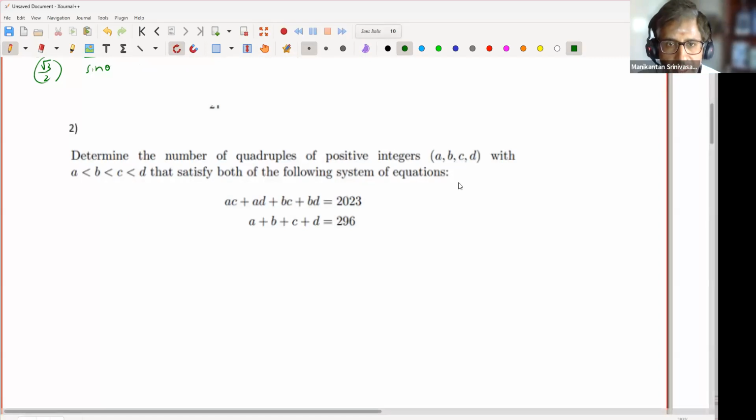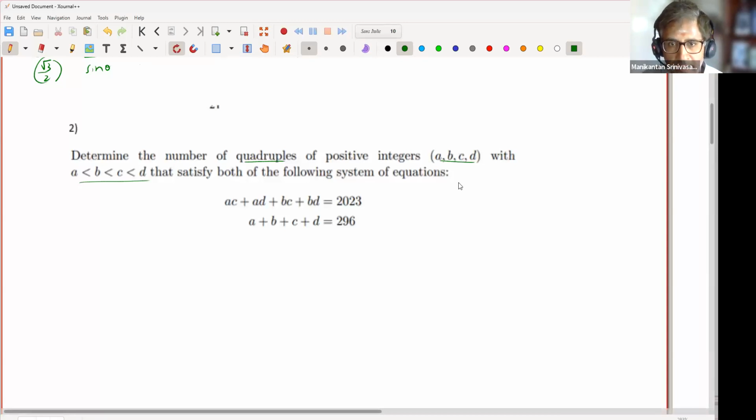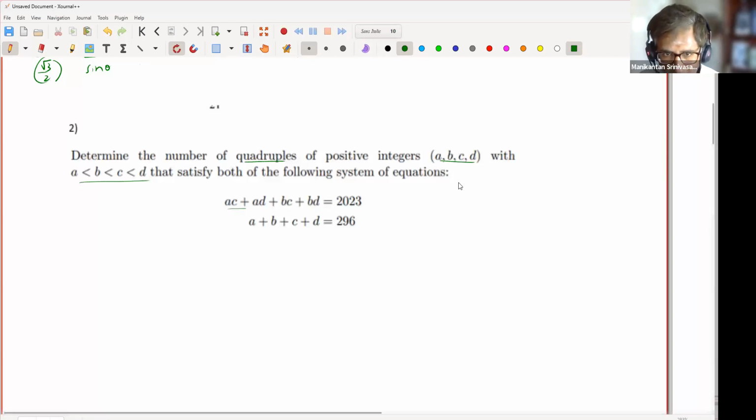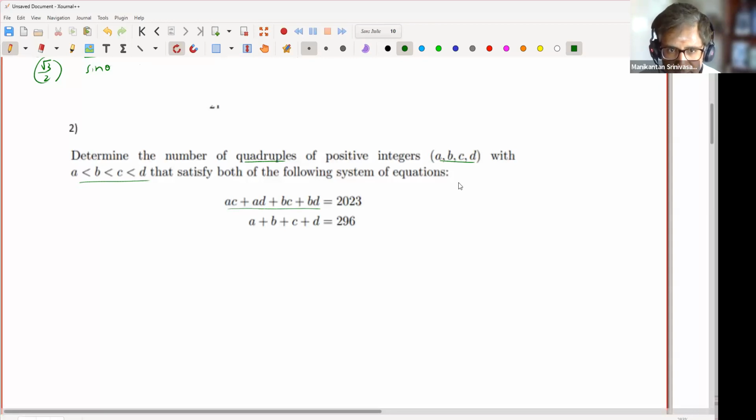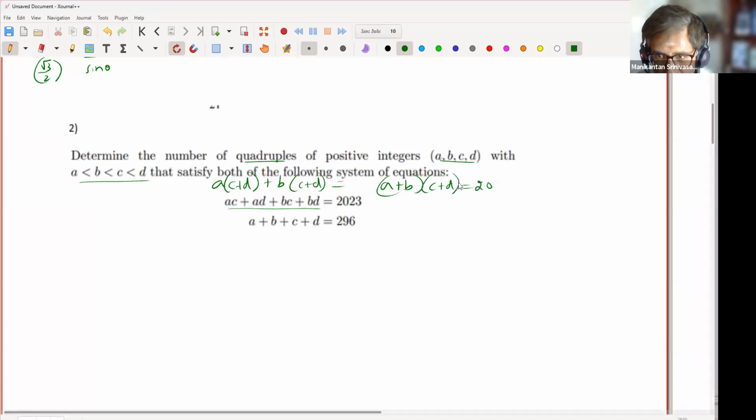Okay, all right. So determine the number of quadruples of positive integers A, B, C, D in an increasing sequence, satisfying both of these equations. The moment I see this, it's very obvious that it's just a factorization. It's A times C plus D here, and plus B times C plus D here. So effectively, this is A plus B times C plus D. So a product of two integers giving 2023. The first obvious step would be to